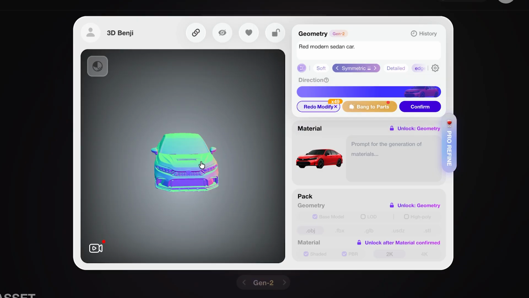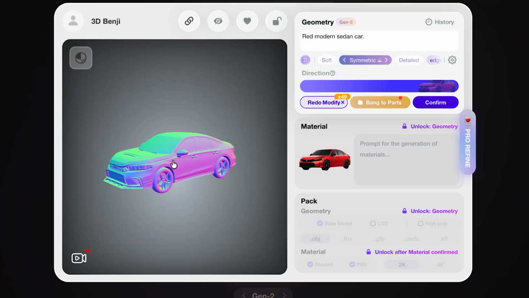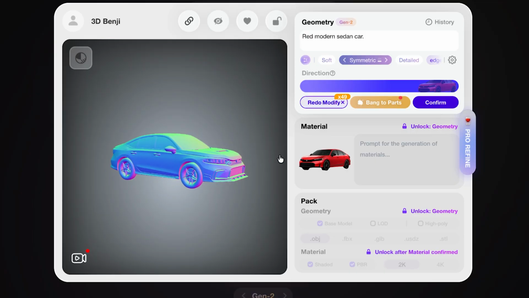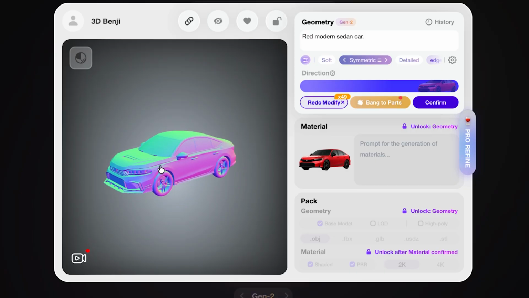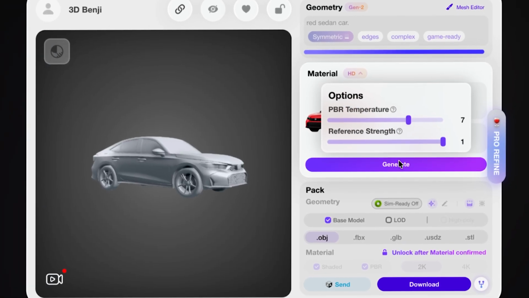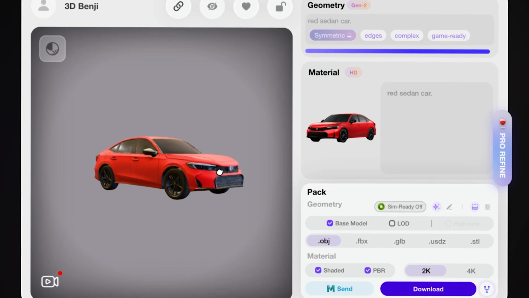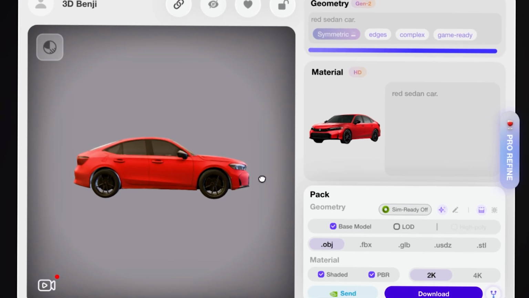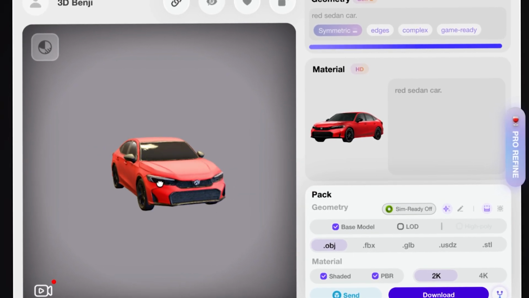ready to go. Now, you may be noticing there is no texture on the model yet. This is because Rodin makes sure that you are satisfied with the geometry before proceeding to create a texture. So I'll click here to see it with the texture on. And it's that simple. With only a few seconds of creativity, we have a high quality 3D model ready to